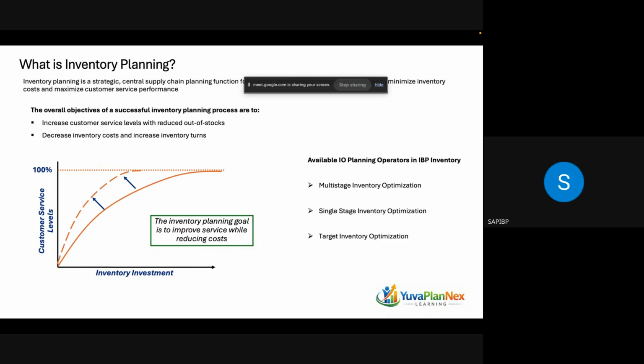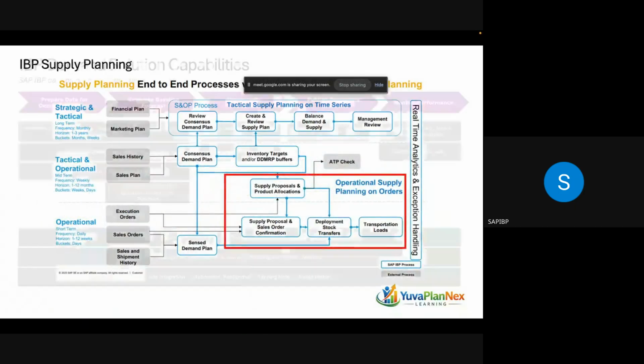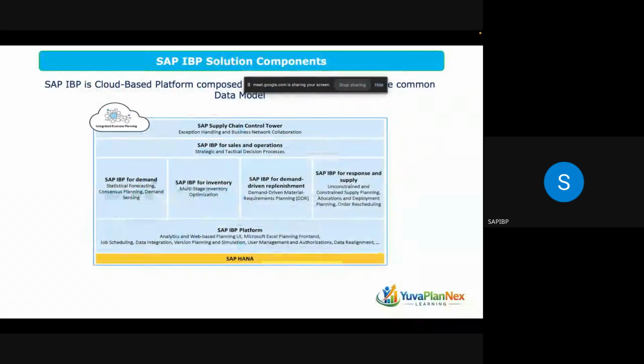So we have seen IBP for demand, we have seen IBP for supply, and we have IBP for inventory. Now, if you go back to our main major submodule slide, on top of these planning models, we have the S&OP as well. S&OP is like a decision level process. Once your demand is ready, it will bring all the stakeholders together, get a handshake with each other to finalize your demand. Basically, the consensus demand, you are going to get it only after doing the S&OP meetings.